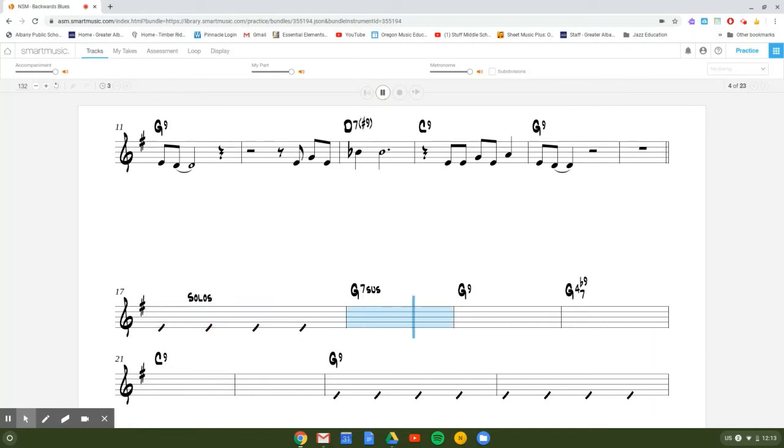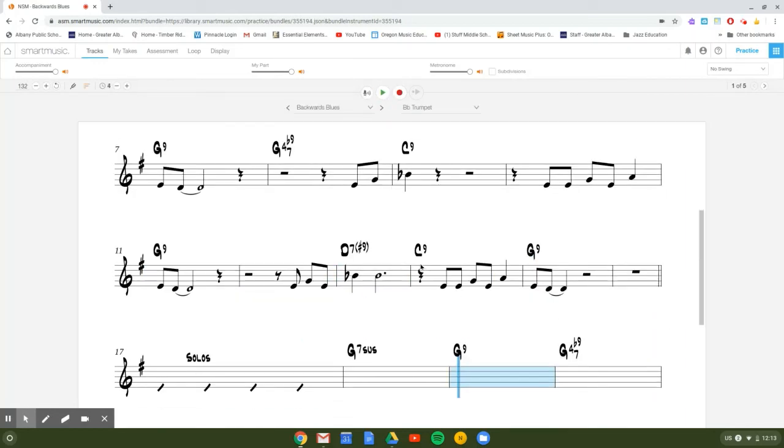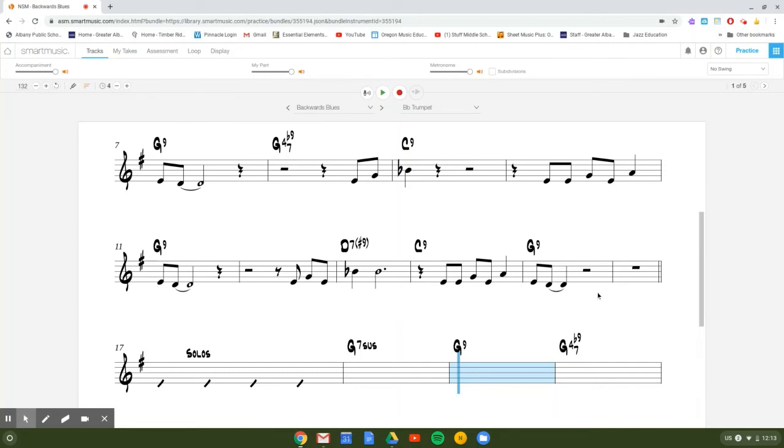So as you can see, after it finished the melody, it went straight to just the rhythm section, piano, guitar, bass, and drum set in the background. And it gives the students the opportunity to solo on their own, improvised solos over those backing tracks. If you'll notice over here on the pages side, when I was playing the song, it had